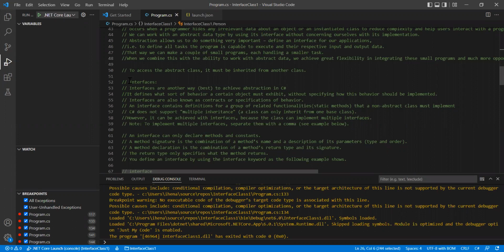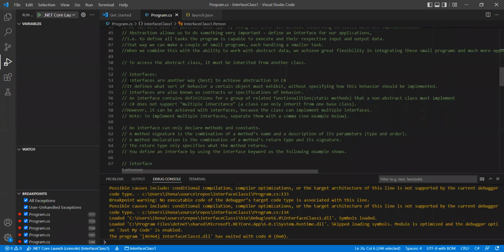Whenever you are inheriting the interface, every property and every method in your interface you must exhibit on your base class, right? Interfaces are also known as contracts or specifications of behavior, which means that if your class is going to inherit a particular interface, that interface is telling you what your class should have, the properties your class must have. Once you're inheriting that interface, every method that is listed in that interface, your class has to